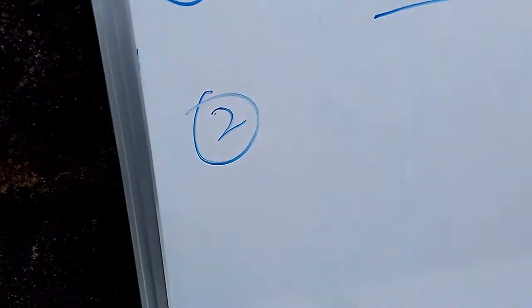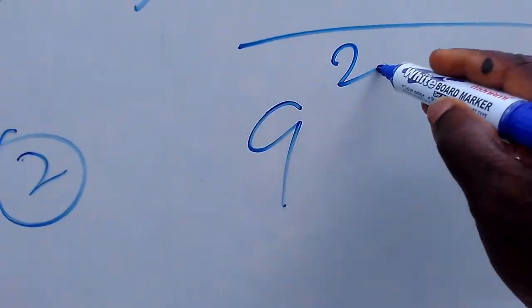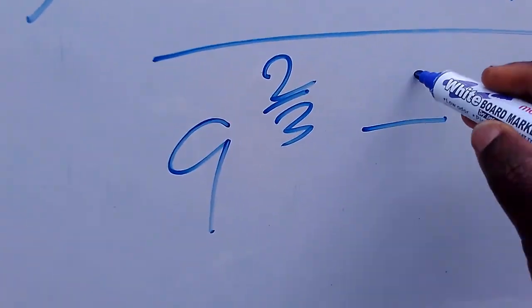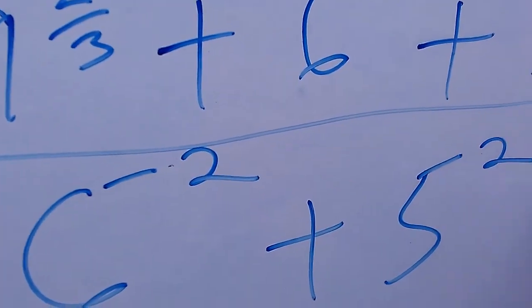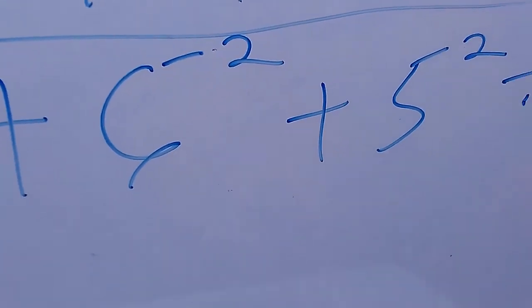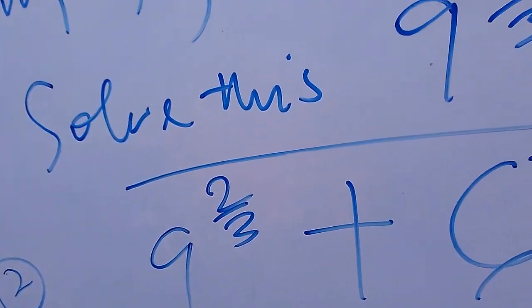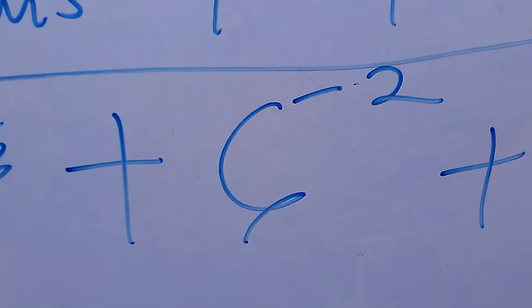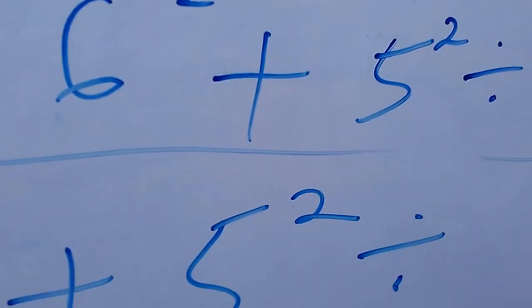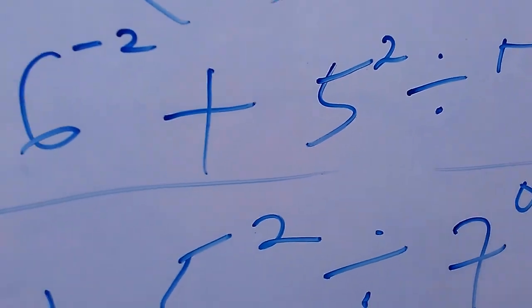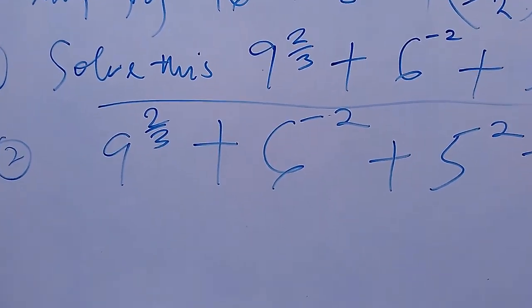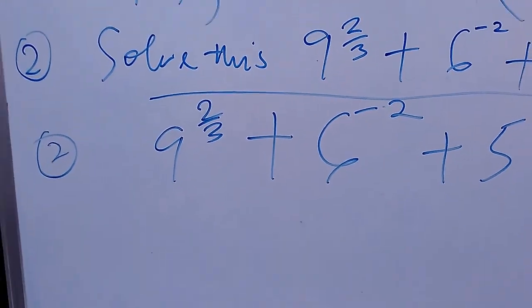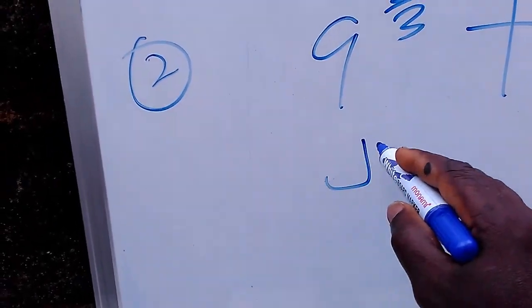We'll now go to solution number 2. 9 raised to the power 2 over 3, plus 6 raised to the power minus 2, plus 5 raised to the power 2, divided by 7 raised to the power 0. So, you can see the equation. Now, we find the cube root